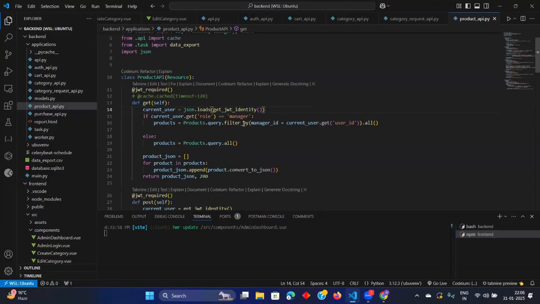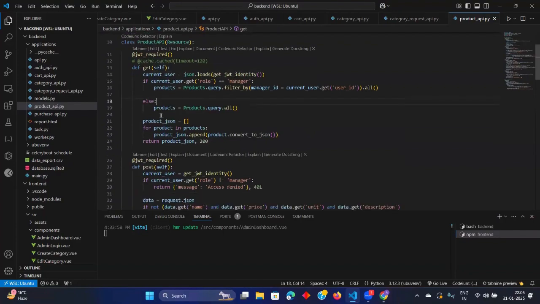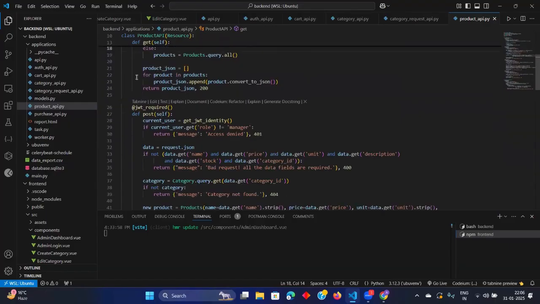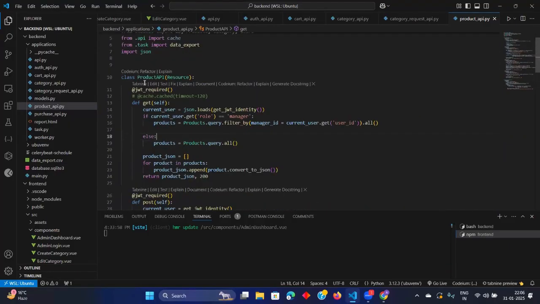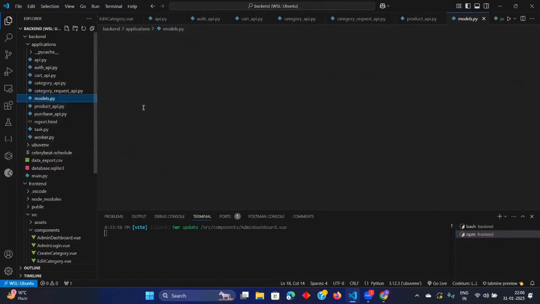It will show all the products if the current user is not a manager. That means this thing is used for the user also to show all the products. User models, users, category, name, ID, name, description, price, unit, stock, and sold.